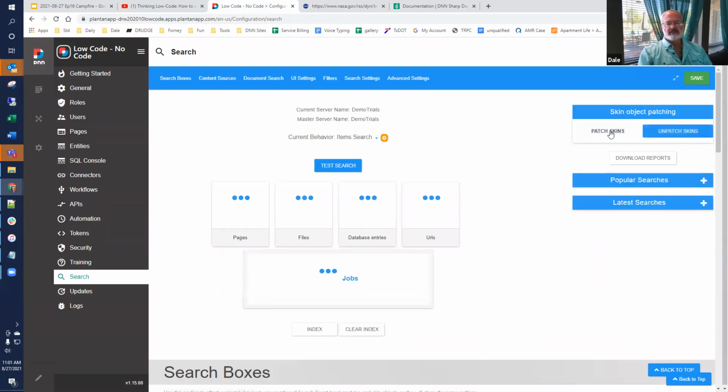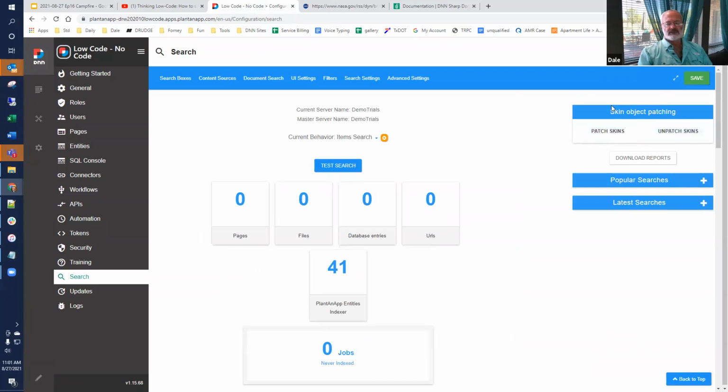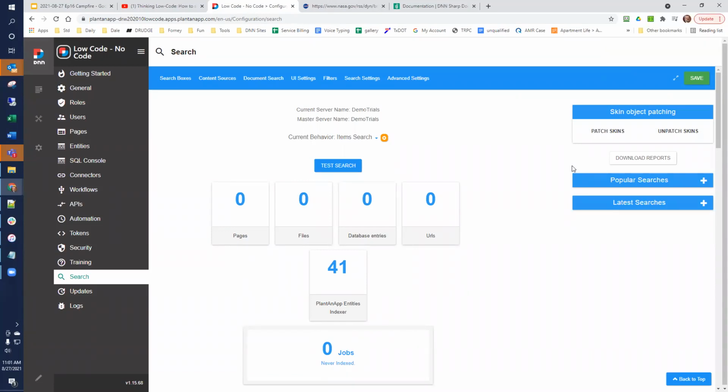We have patch skins, unpatched skins. Is it the case where it's coming up with that patch skins button and you can't get beyond it? No, that's all I'm getting, the patch skins dialogue. I get nothing else. That's the only thing on the screen.